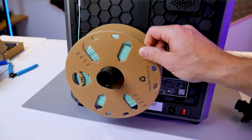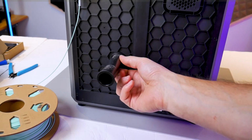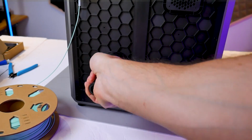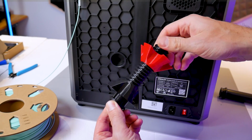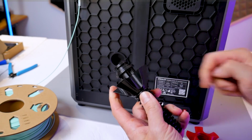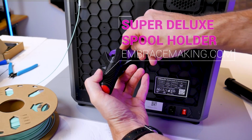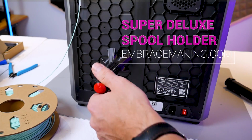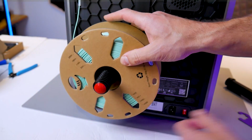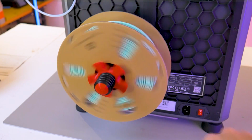I also wasn't entirely content with the very simple spool holder on the back of the printer. As you can see, it doesn't offer a smooth rotation of the spools, and if you're using these cardboard spools, there's a lot of friction on that surface from the spool dragging on it. So instead, I installed one of these super deluxe spool holders that I offer on my website, and it has the exact same twist lock feature from these Creality spools. So not only is it compatible with the K1, but it's compatible with any Creality machine that uses the twist lock spools. With this design, there's a reduction in the amount of force that the extruder is required to pull